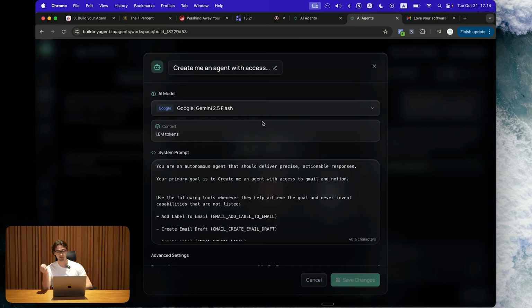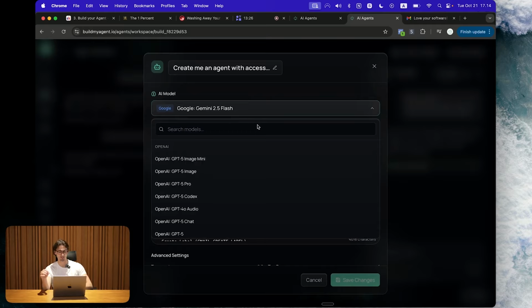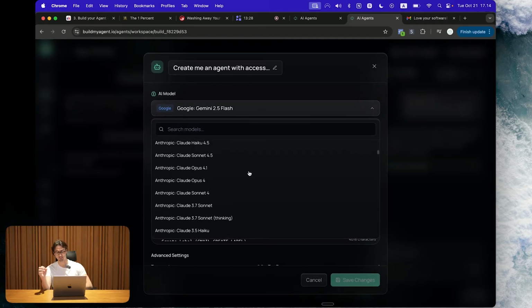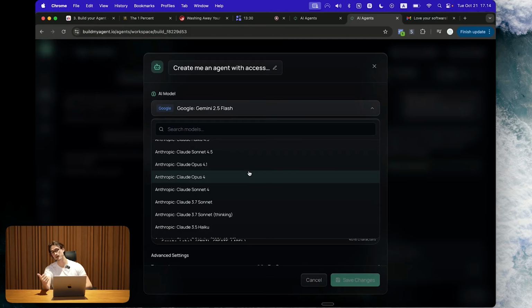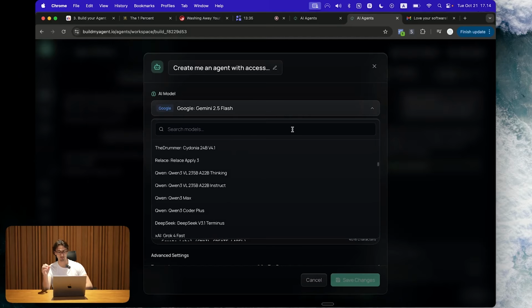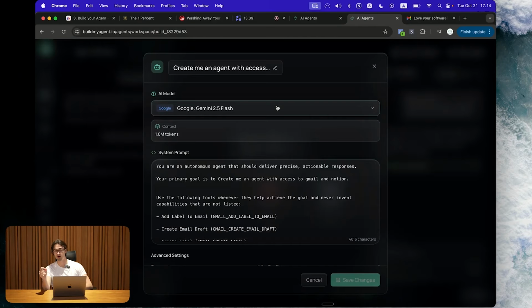If you wanted to behave in a different way, or if you want to add a different model, you can click on the model right here, which is going to show you all of the models that you have access to. This is providers like OpenAI, Grok, Gemini, Anthropic. We have a bunch of models in here that you can choose from. What I recommend that you do, however, is that you check the pricing of the models. I would highly recommend you to use Gemini 2.5 Flash because it's a fairly smart model and it's really cost